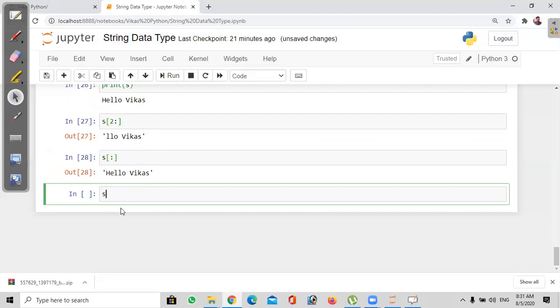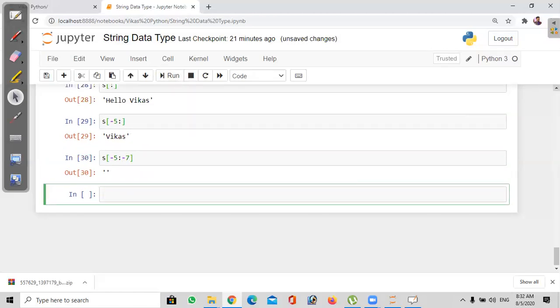And S of, when we go with negative indexing, see here, minus 5 is my starting value and the ending value is not given. Then it will print from V to KIS. See here. If I try to give minus 5 as the starting value and colon minus 7, what will be the expected output? Nothing will be printed, it is empty.